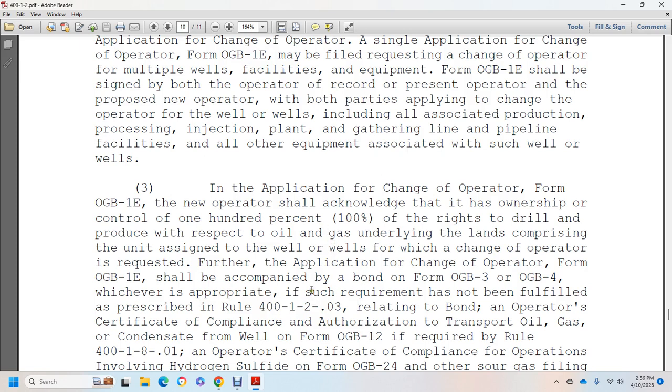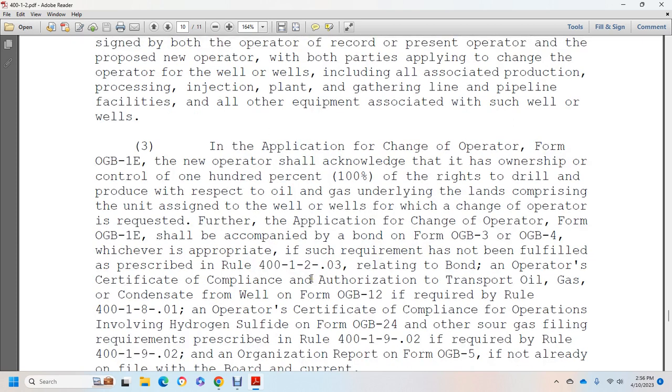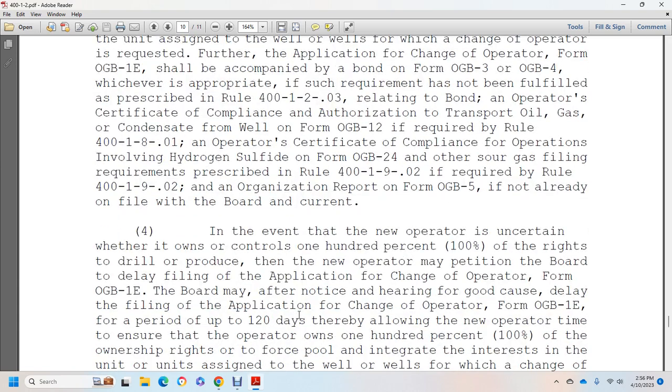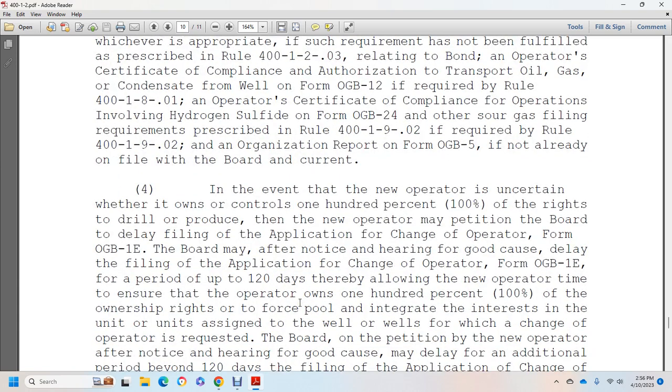required by Rule 401-801. Operator certificate complying with operations involving hydrogen sulfide, form OGB-24, with the sour gas filing requirements prescribed in Rule 401-902, and the organization report, form OGB-5, if not already on file with the board and current. In the event the new operator is uncertain whether it owns or controls 100% of the right to drill and produce,